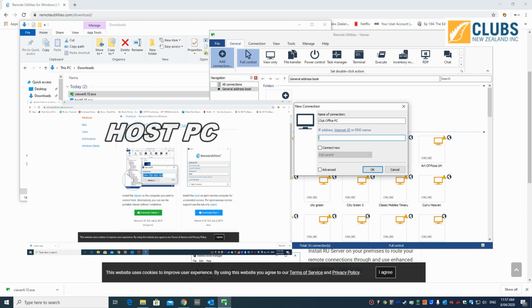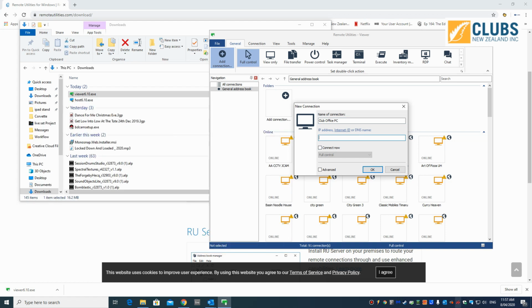If you haven't just watched the video and are not sure where to get that from, it's this icon down here. You'll need to get this on the office machine, not on the one we were installing the viewer on. So where the host is installed, right click there, and then go Internet ID Connection Settings, and you'll see the number there that you want to put in. If there's no number there, it'll say Get New ID. Just click that, and then it'll give you a number. This is the number that we want to type into this field here. So you type that number in there,